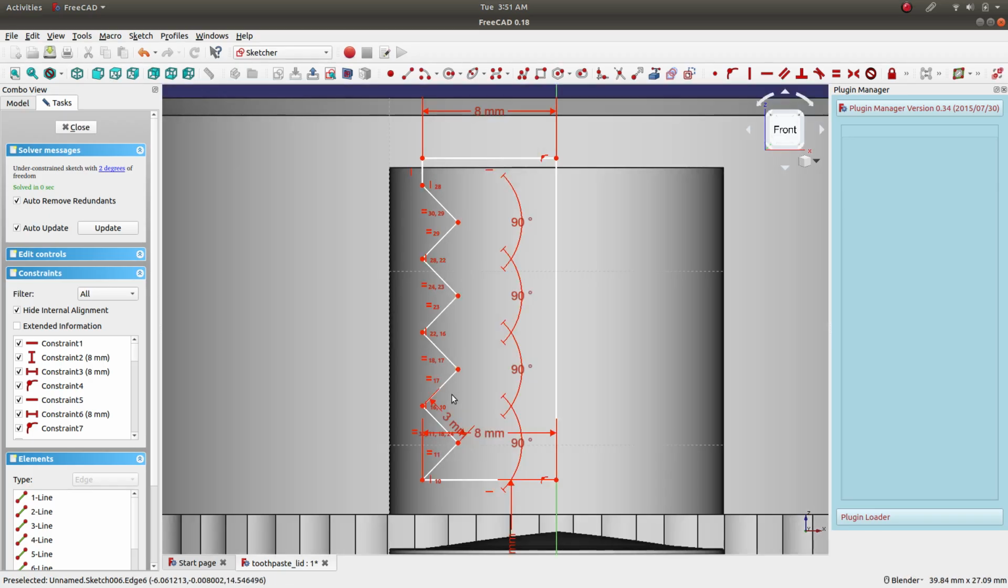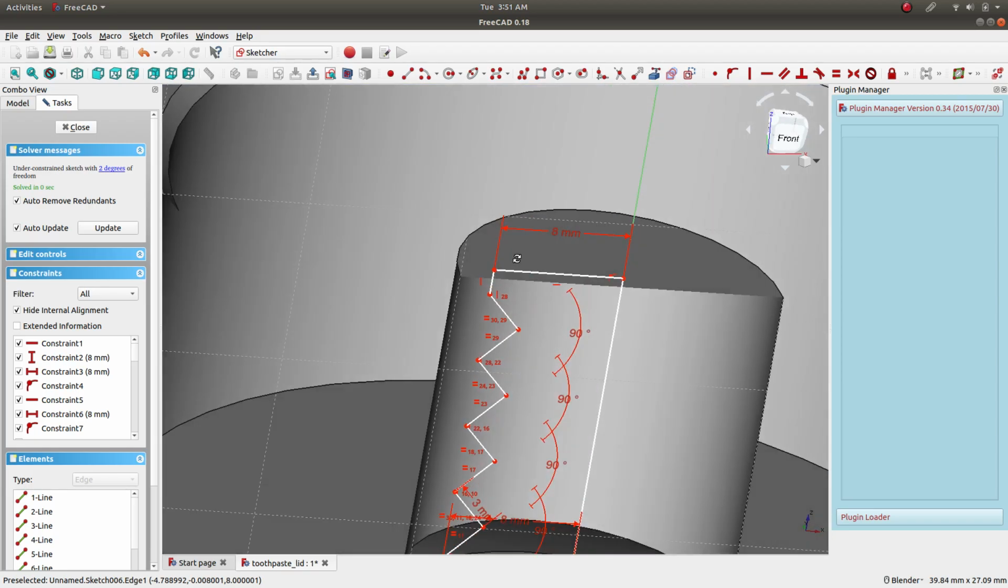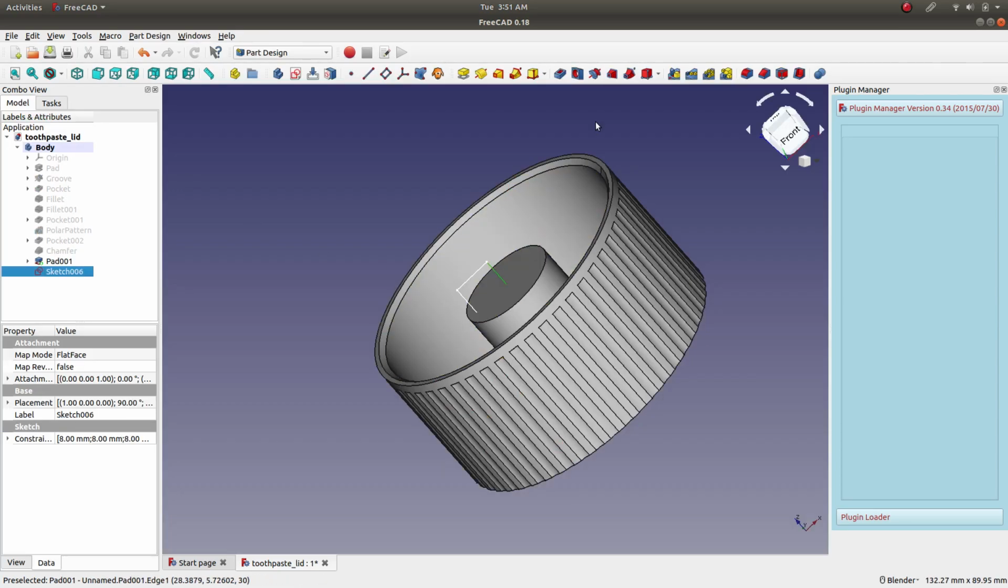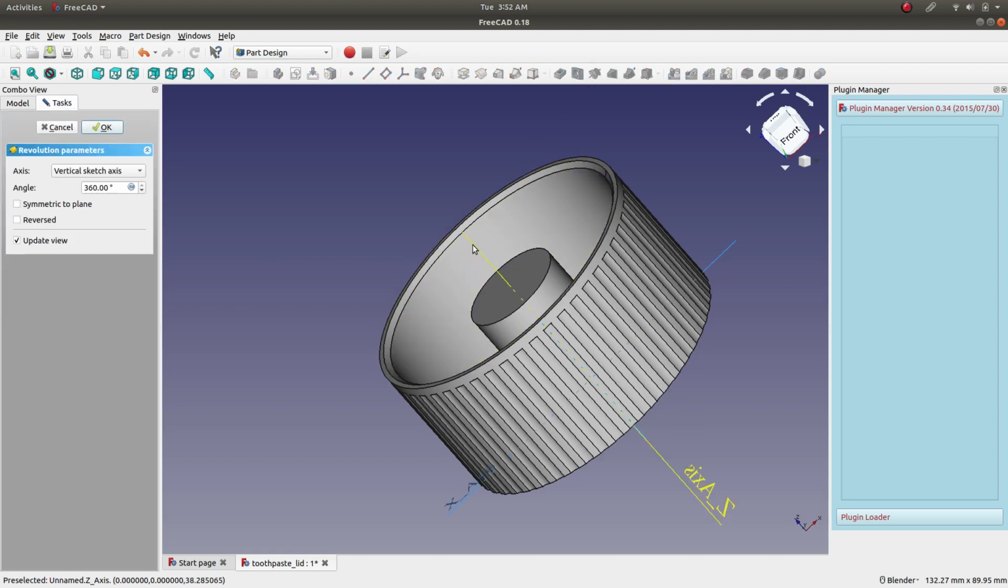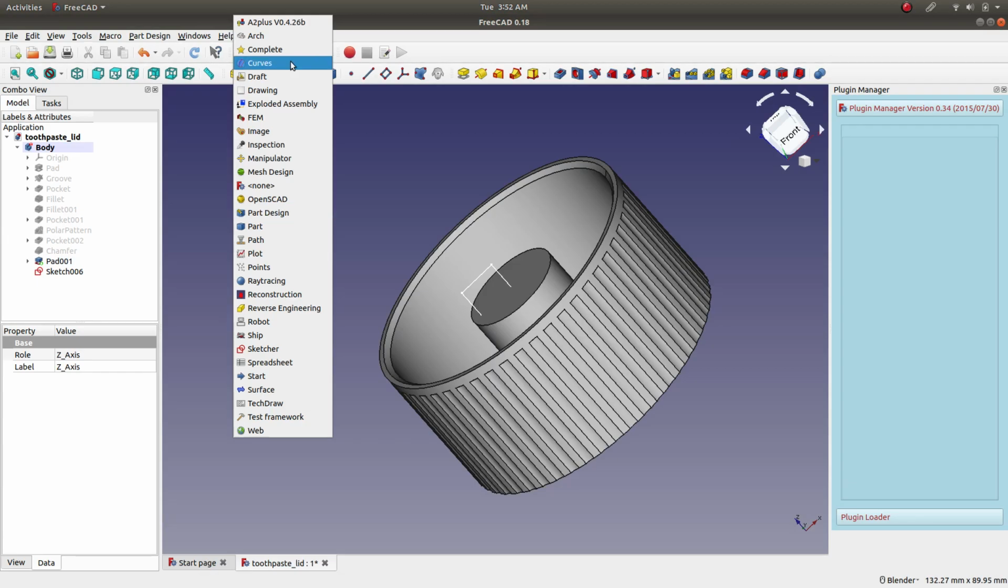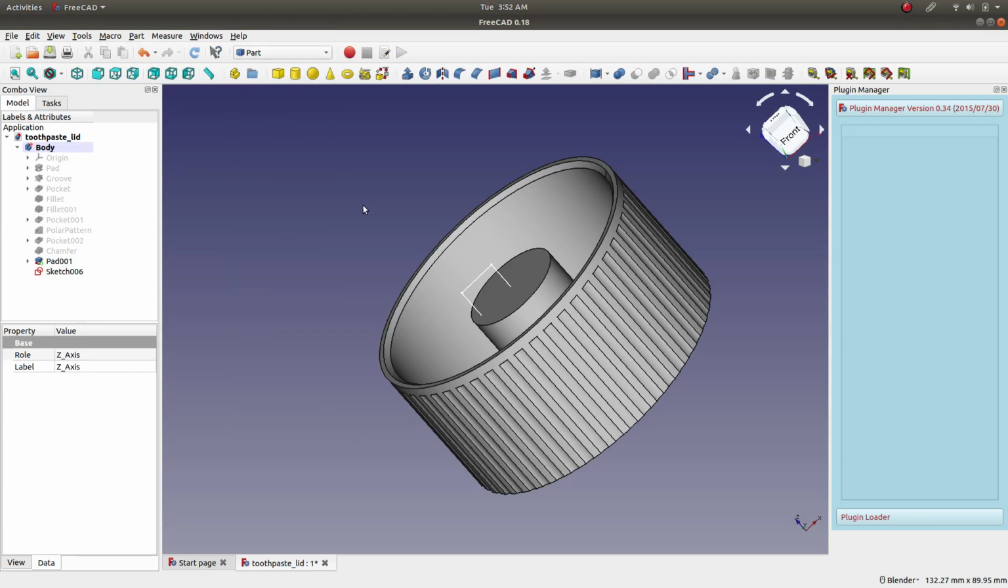I have to check whether the sketch is normal. If I make it higher, let's see. Revolve group A selected. Still doesn't work. If we go to the part design part, and then it also has